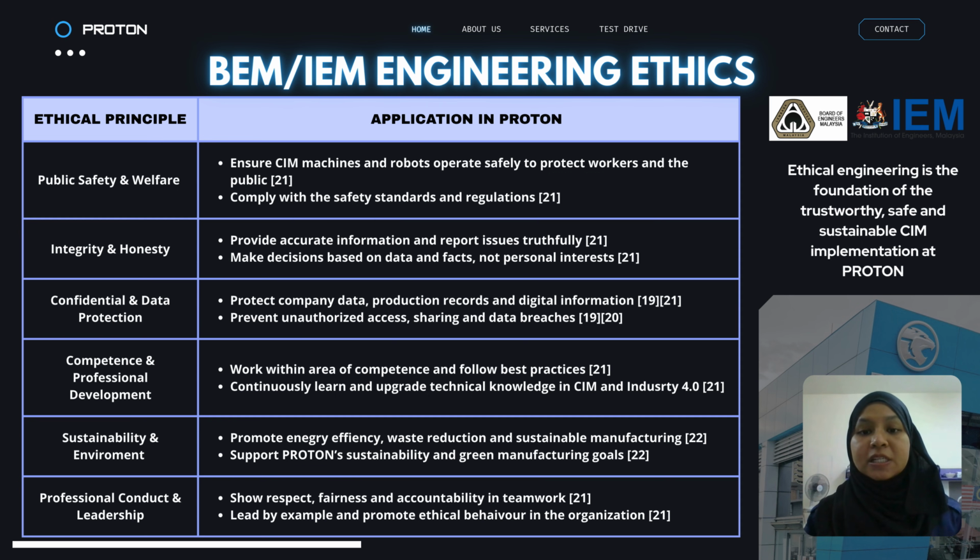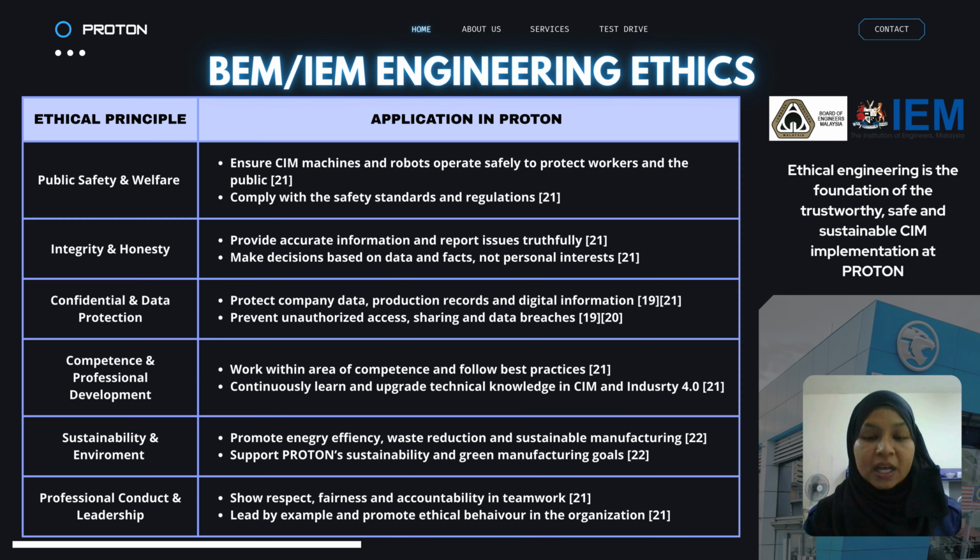The first principle is public safety and welfare, which means engineers must ensure that CIM machines, robots, and automated systems operate safely to protect workers and the public. Safety should always be the highest priority in engineering activity. The second principle is integrity and honesty. Engineers must provide accurate information, report issues truthfully, and make decisions based on facts and professional judgment rather